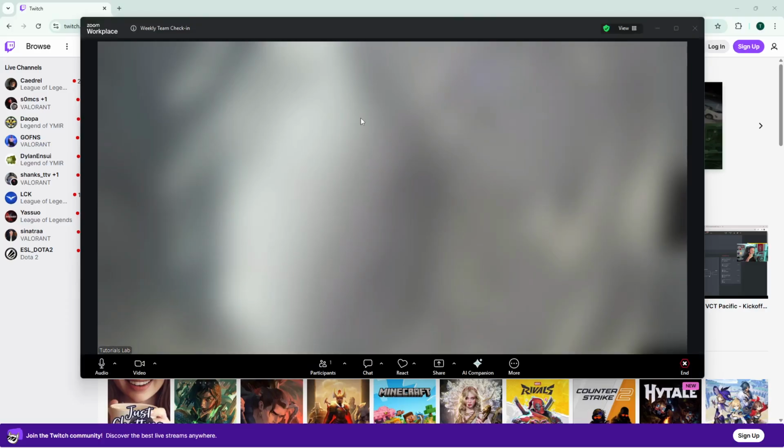First, you'll want to open your Zoom app on your device. Once it launches, go ahead and log in using your credentials. Make sure you enter your email and password correctly to access your account. This step is essential as it gives you access to all of Zoom's features, including the screen sharing capability we'll